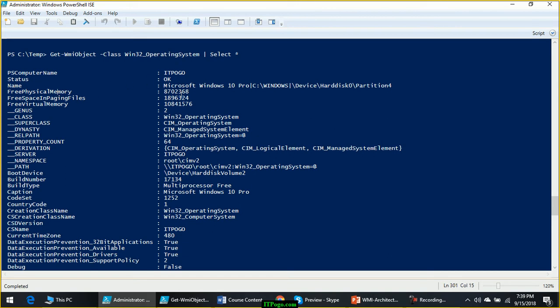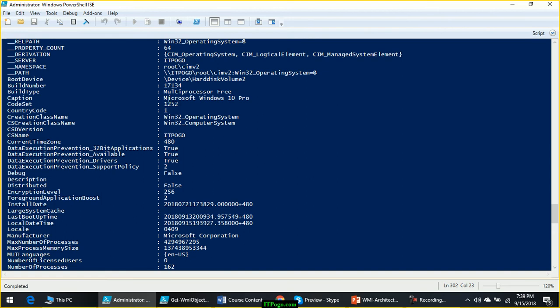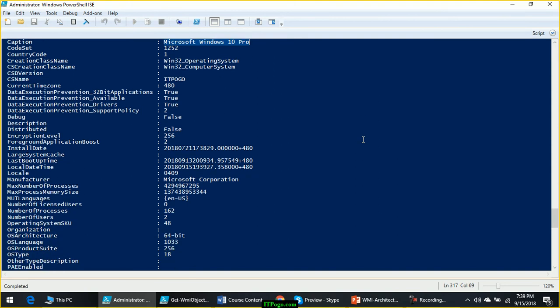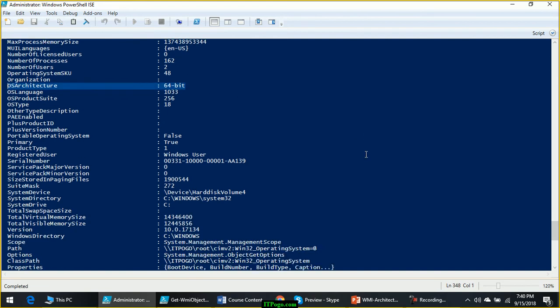How much is the physical memory of this operating system? What is the free physical memory, free physical paging file, and operating system caption. This will give you the name of the operating system. If you want to know whether it is 64-bit or 32-bit, you can use this property, OS architecture.